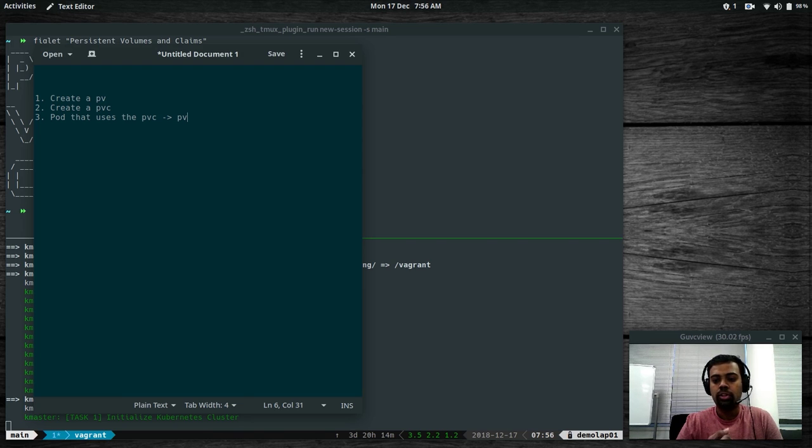If you're using Microsoft Azure, you've got the Azure Disk, Azure File. They've got provisioners for all these providers. So it's the responsibility of the cluster administrator to create the storage class. And once the storage class is there, you have to refer that storage class in your persistent volume claim. Then you should be able to request a persistent volume which gets provisioned automatically on AWS, Google, GKE, or the